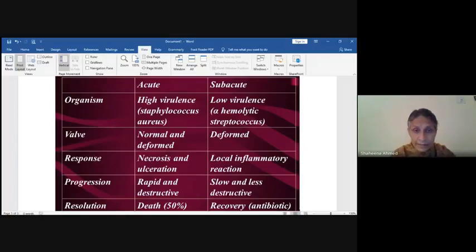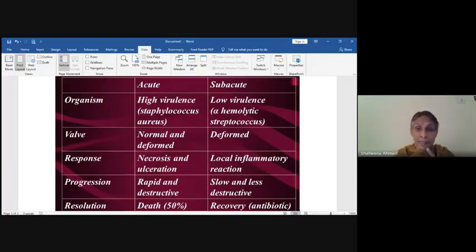I mean, all the signs and symptoms which are associated with acute inflammation. You'll see arthralgias, you'll see myalgias, you might even see abdominal pain. That patient might experience pleuritic chest pain or back pain. Whereas in subacute, fever is not going to be high, it is going to be of low grade. There might be some weight loss, there might be some anorexia, some fatigue, maybe some arthralgias and myalgias, but the symptoms are not going to be so severe.